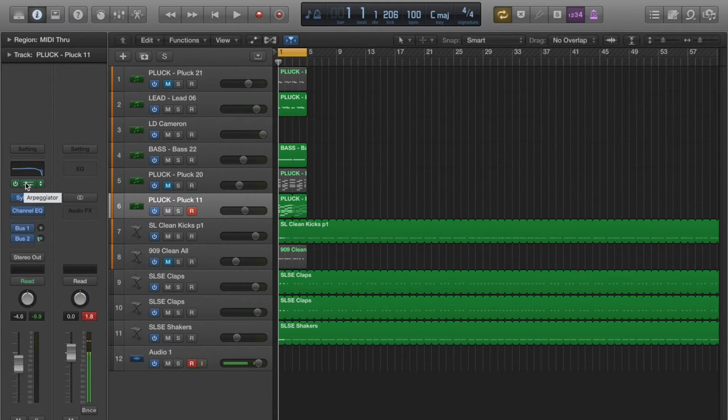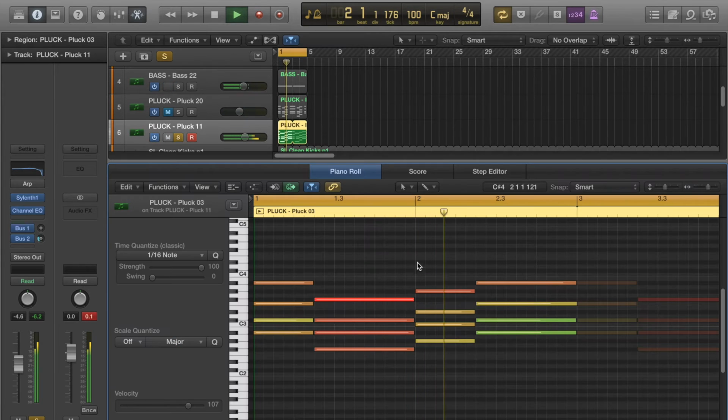What an arpeggiator essentially does is that you play a chord, just a normal sustained chord, and then the arpeggiator will take that and chop it up into single notes and arrange them one after the other. So that's basically all it is. If I turn the arpeggiator off, you can just hear the long chords being played, and that's what the MIDI is. Yeah, so we've just got those long chords, and then if we turn the arpeggiator on,